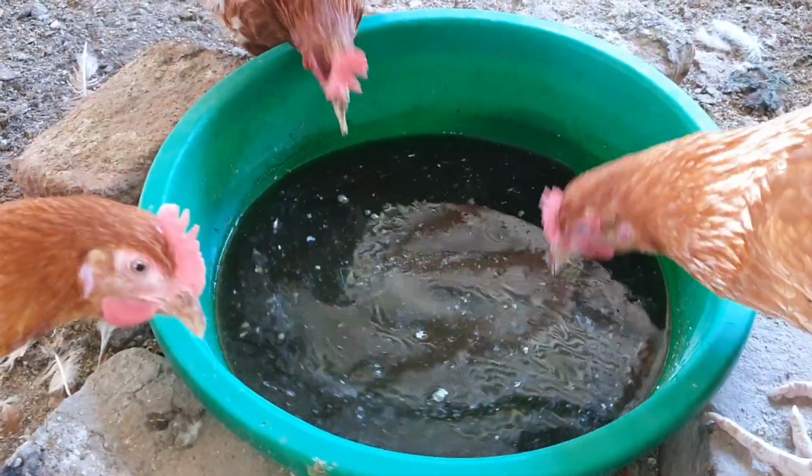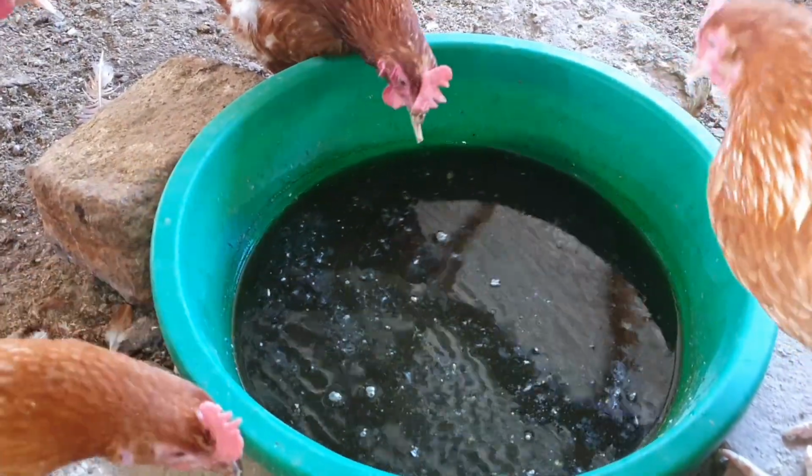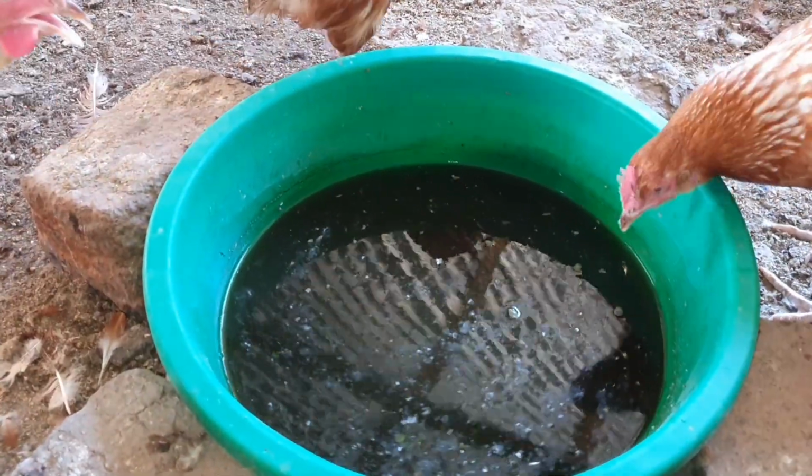Inside here there are herbs. I use herbs, and you can use herbs to treat, even boost the egg production of your chicken. So herbs can be used to treat,